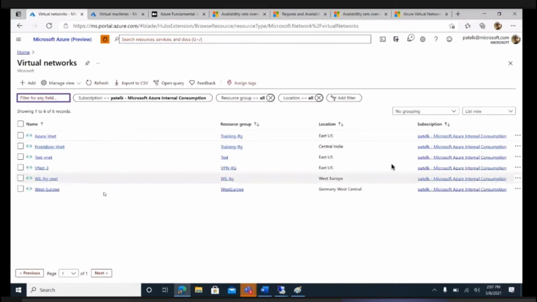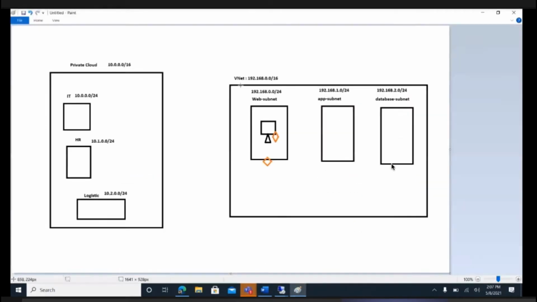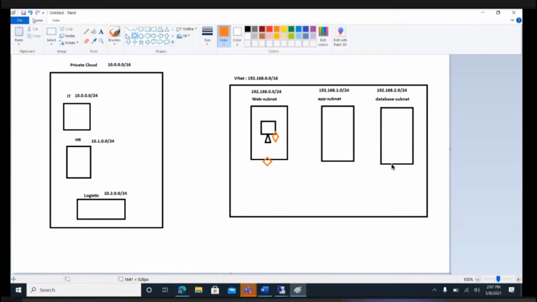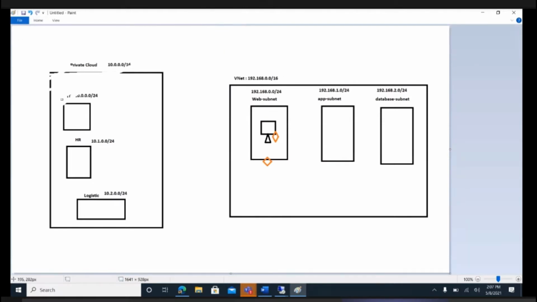Another one is a route table. So route table we will talk later. We'll see about the peering. So peering is kind of a networking feature. So let's say sometimes it happens that I do have